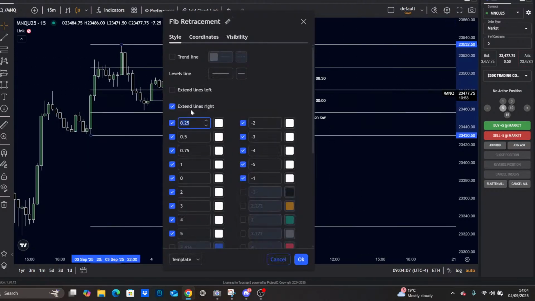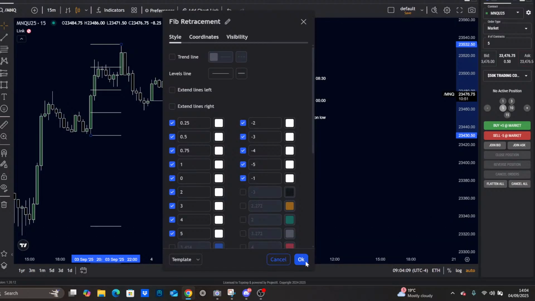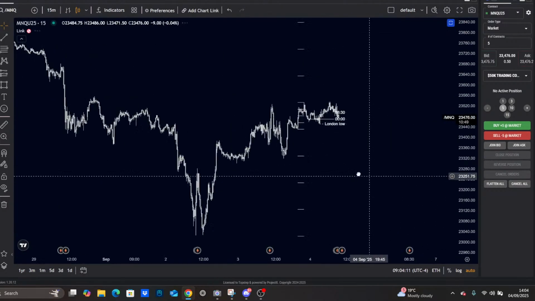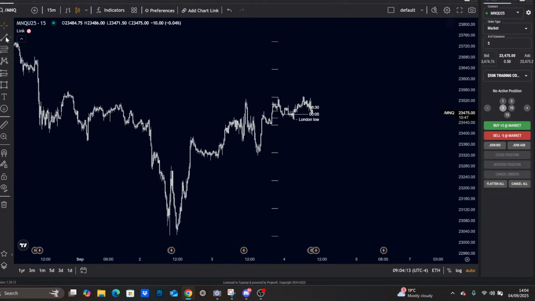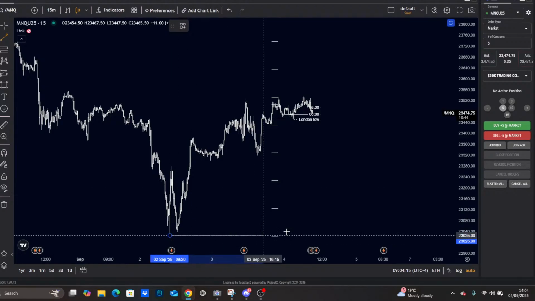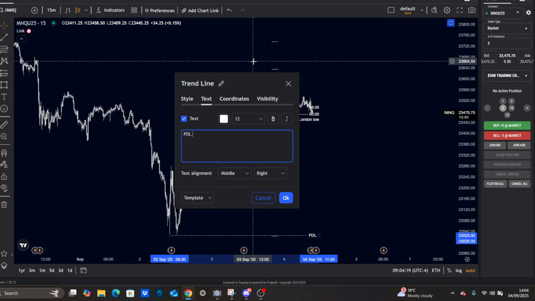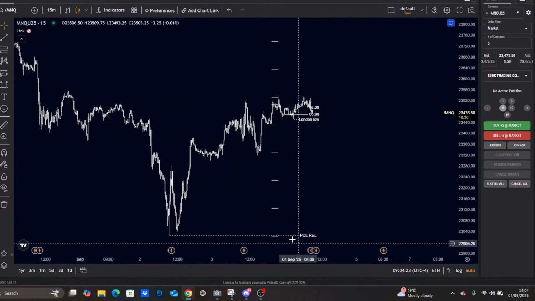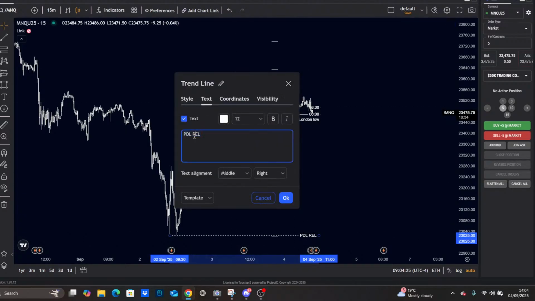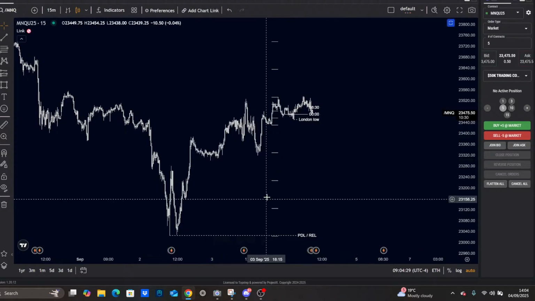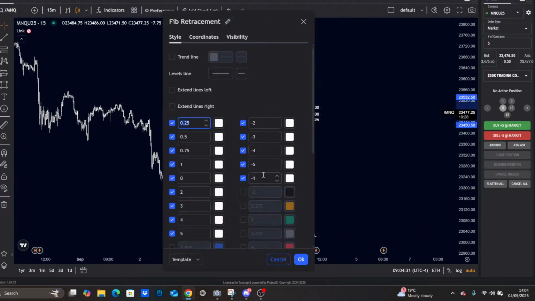Now I don't want it extended right because it'll get messy. What I do want to take your attention to is this. So this is that sell side. PDL, relative equal lows there, right? Let's put a slash like that. And it lines up perfectly with,